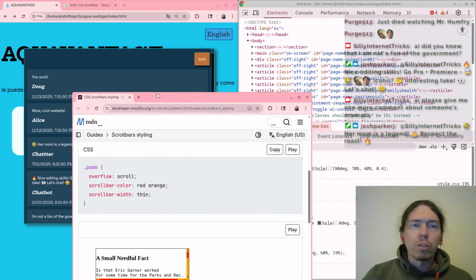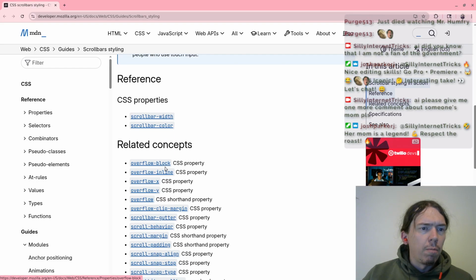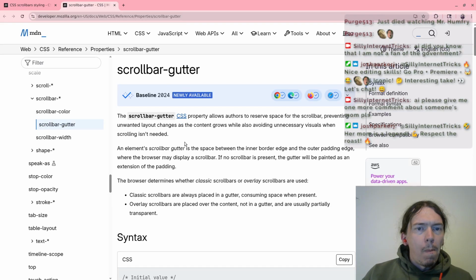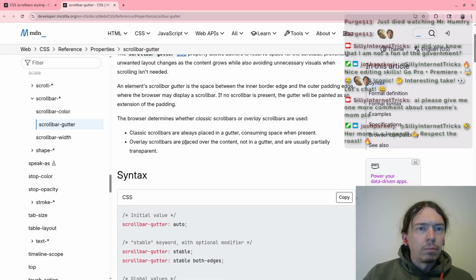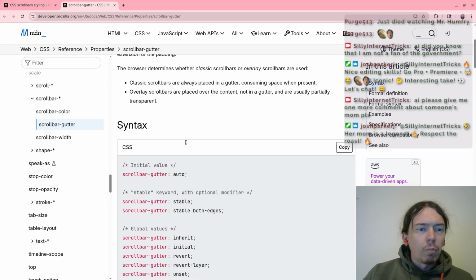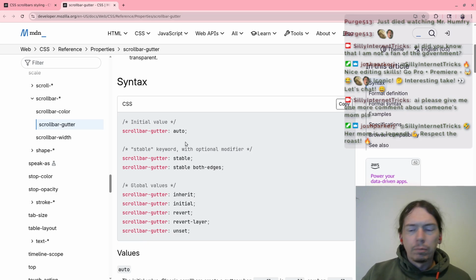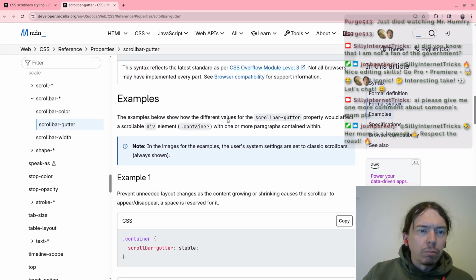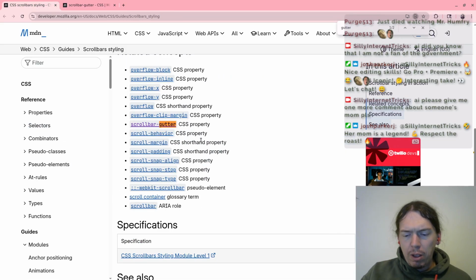All right, so we're going to look at the gutter. Where's the gutter here? Oh. I don't think I need to worry about it. Keep that in mind if it does become important.